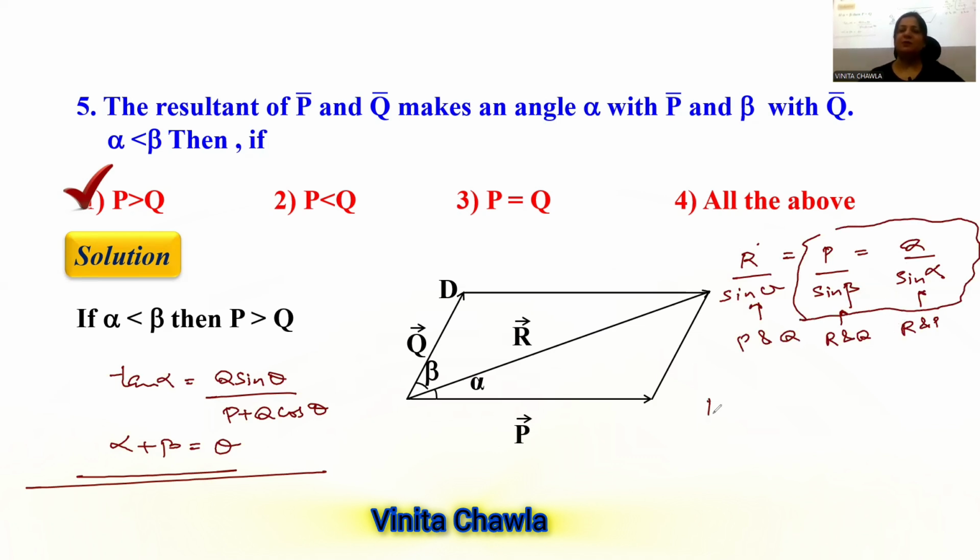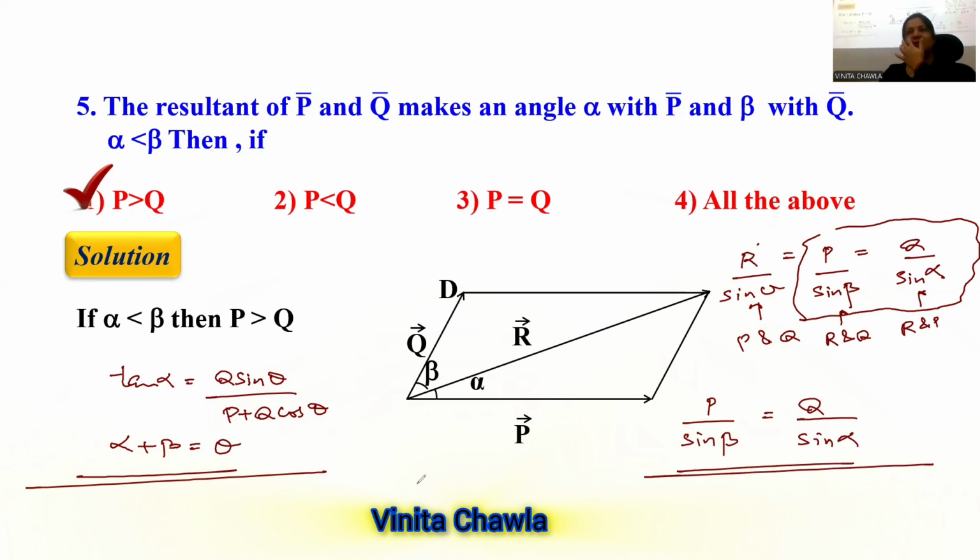It's P upon sin beta is equal to Q upon sin alpha. So if alpha is less than beta,